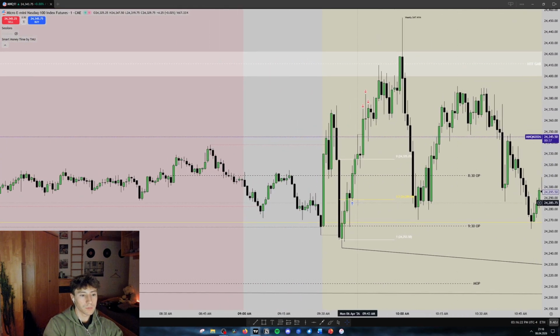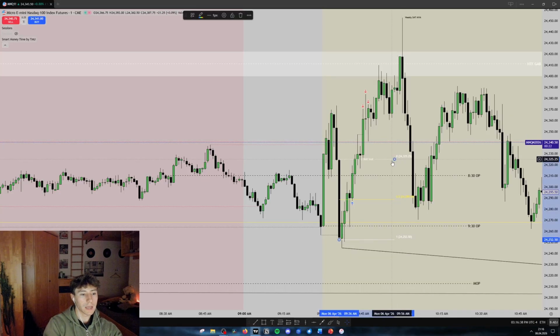And as you see right here, we are then able to participate in the market maker buy model. Why? Because we are now reacting basically off today's new open range gap quadrants. What I then want to see basically is that we close above CE of the order block. We did this with the candle right here. And what I'm then also looking at, if I'm not really sure about the setup, because we still have a